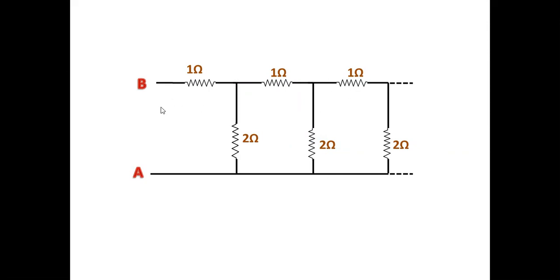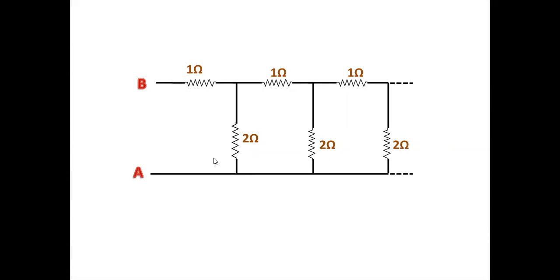Here the meaning is, if you connect any number of these electrical network chains, you will get the same resistance between A and B. That is what they say, and we will take that as data. Connect one more chain, the resistance between A and B doesn't change. Connect a few more, the resistance doesn't change. Connect 100 chains, the resistance doesn't change. So the resistance between A and B remains the same, whatever be the number of chains. So that is an infinite ladder.